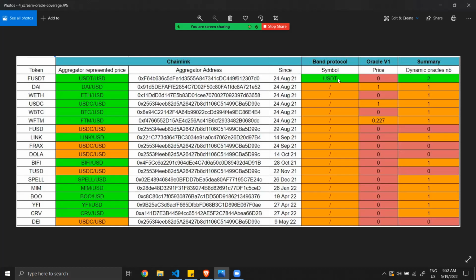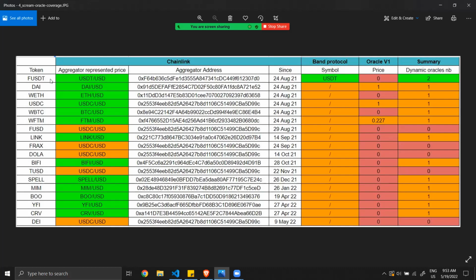Then for Bent protocol, we've seen that only for USDT a price is returned, because for all the others, the symbol is an empty string, so no price can be returned for these tokens. And for Oracle V1, we've seen that a price only exists for 3 assets, but it's set manually. That's why I put everything in red or orange, because this is not a real-time on-chain price.